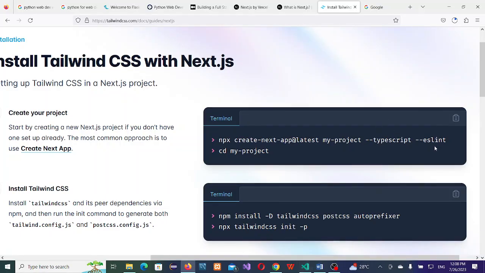So now, then CD into the project, right? Then you now install Tailwind CSS. Also, we were asked if we want to use Tailwind CSS, and we responded yes, so we don't need all this. But from the documentation here, if you want to see the